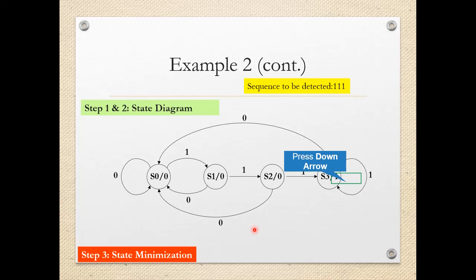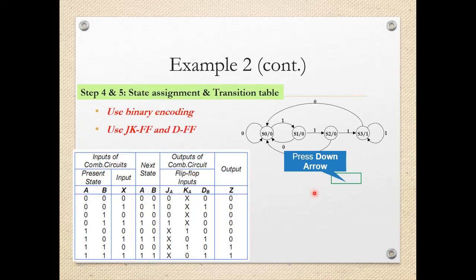Now once the state diagram is drawn, what is step number 3? State minimization. So again here it is not possible. That's why I have shown it with a different color, because this is an optimization step. So this is necessary but not a must. After that, the next steps are step number 4 and 5, that is state assignment and drawing the transition table. So again 4 states are there, so we'll require a 2-bit binary code for each state. So again 00, 01, 10 and 11, that type of code can be assigned, and then we can prepare the state table.